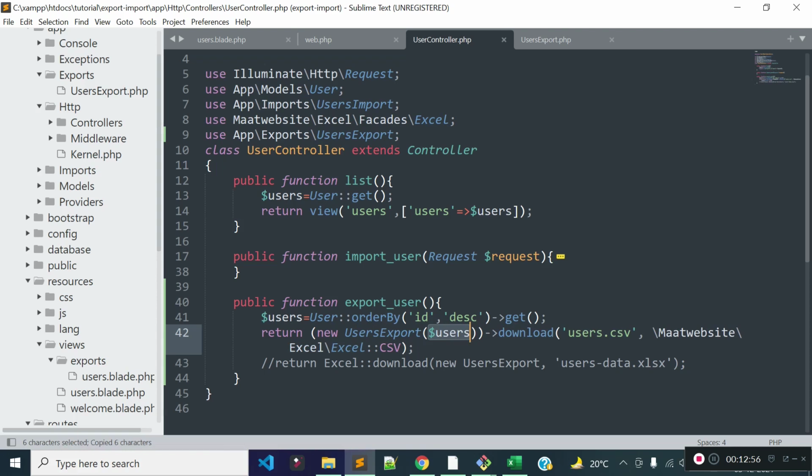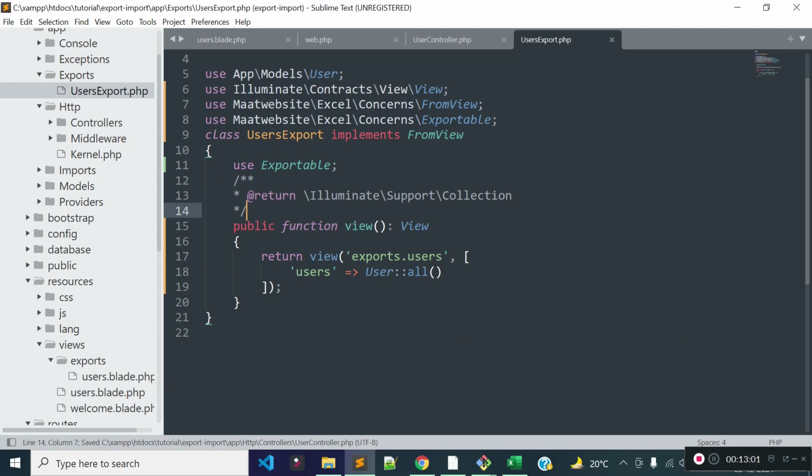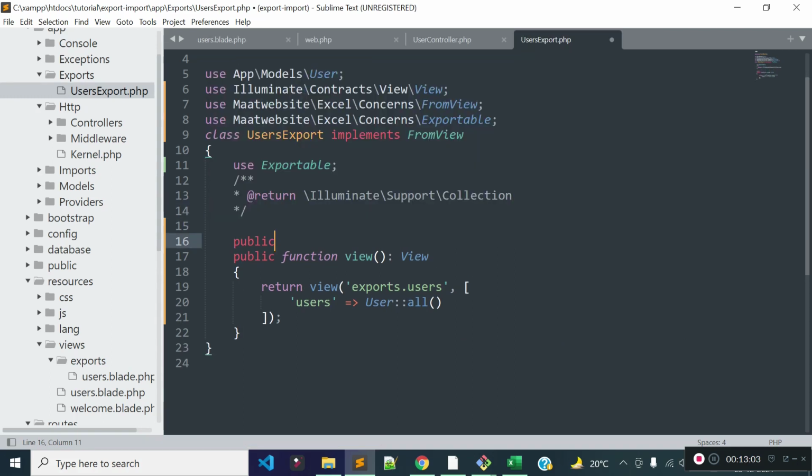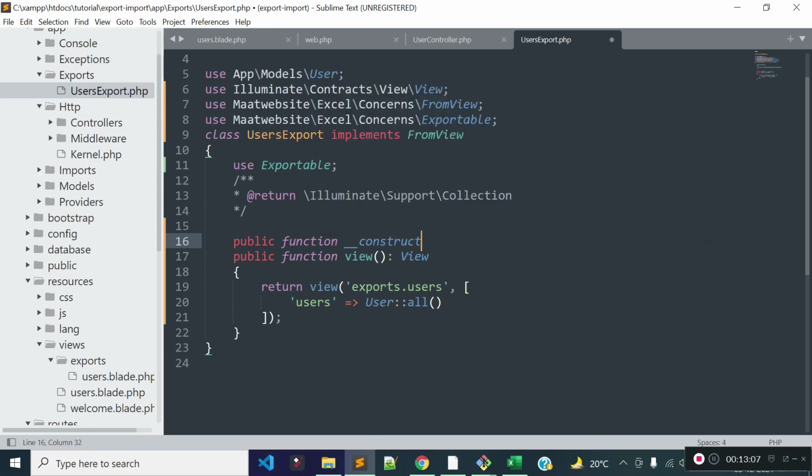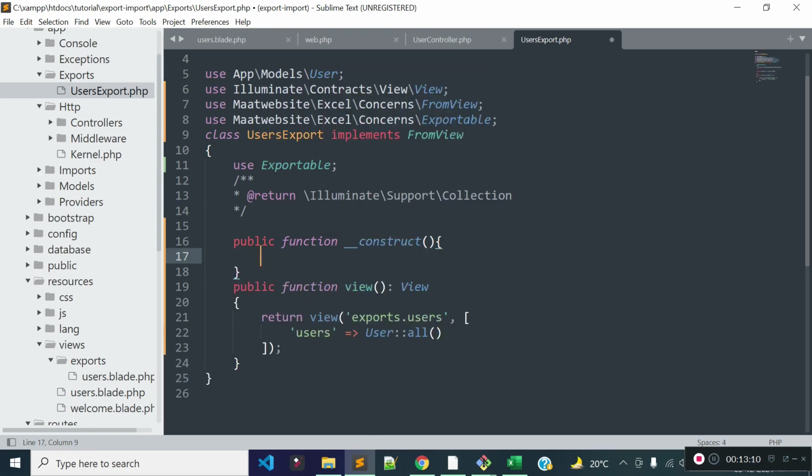Then we can pass the user data here, and we need to accept this data inside our users export constructor method. So let's generate a public function __construct, and inside this constructor method we can get the users data, and I'll create a new public variable here, $users, and then I'll add this data to our public variable.